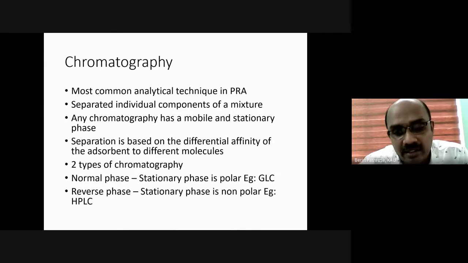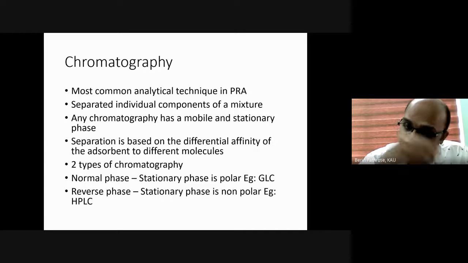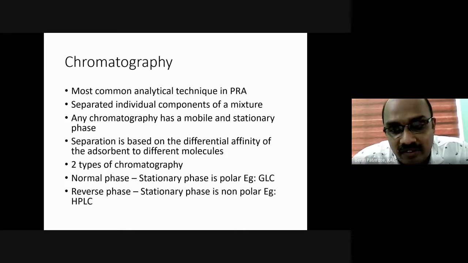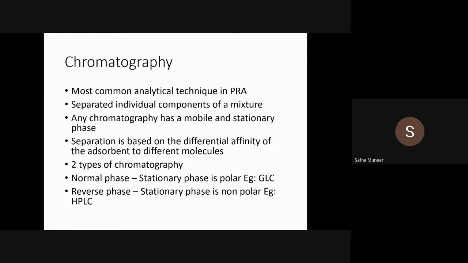I will take yesterday's example. We had solid phase extraction cartridges, and in that we had filled adsorbents such as alumina and fluorescein, and we added the sample to it, and then we added solvent into it. Then what will be the mobile phase and what will be the stationary phase? Let's check whether you understood anything about chromatography. Solvent is the mobile phase, and the cartridge solid is the stationary phase.